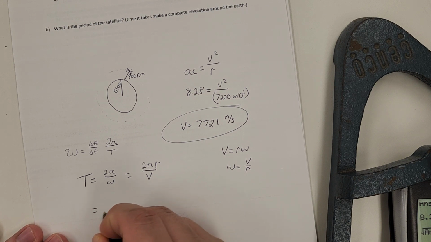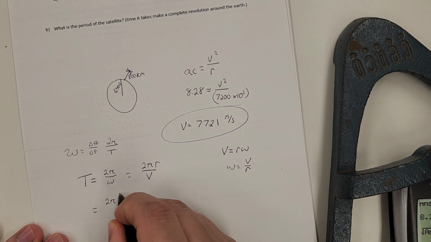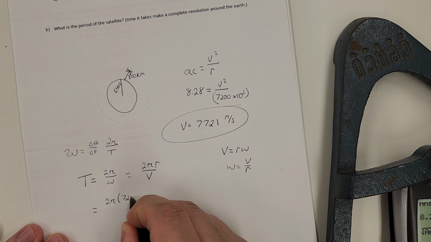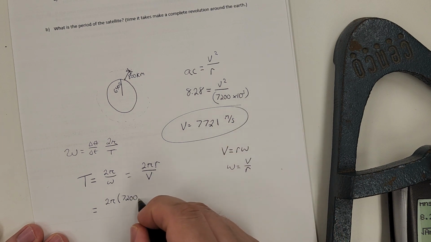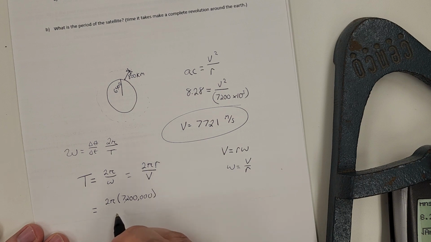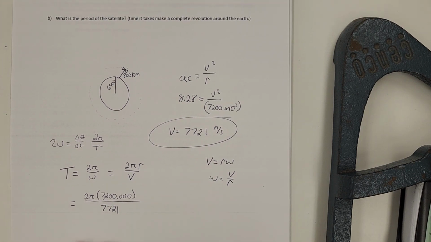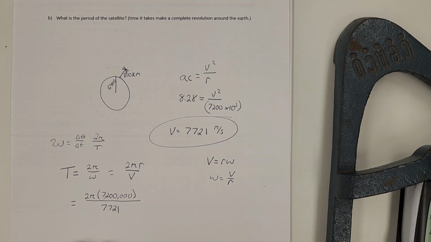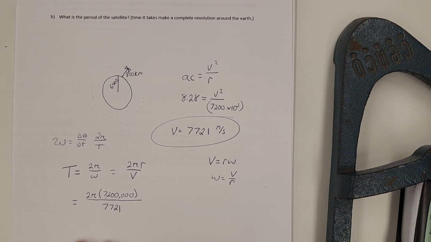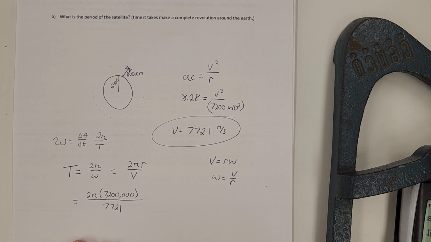So if that's the case, I'm going to have 2 pi times 7,200 times 10 to the third, or you could just add 3 more zeros for 7,200,000. And we'll divide that by the velocity, 7,721. Okay, so let's see what that gets us. 2 times pi times 7,200,000, and divide that by 7,721, our previous answer. And we get